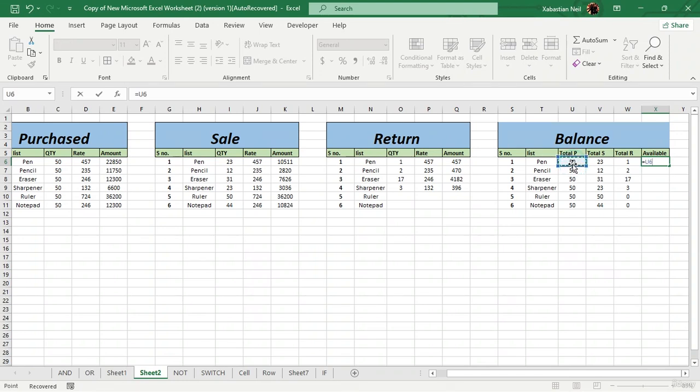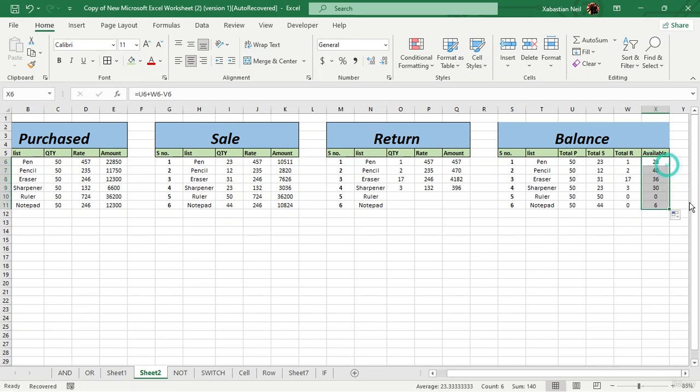Okay, now the total purchased, and then plus the total return, which is going to be this one, and then minus the total sales. Well, that is it. Just hit enter and you will see the available products which are here right now. Now use the fill handle, or maybe if you want to change it,